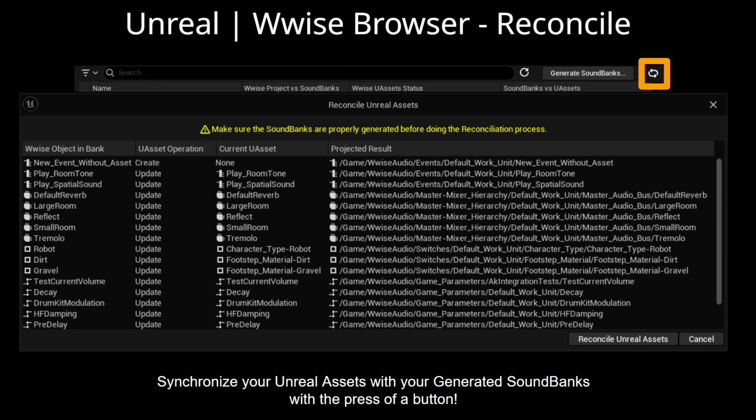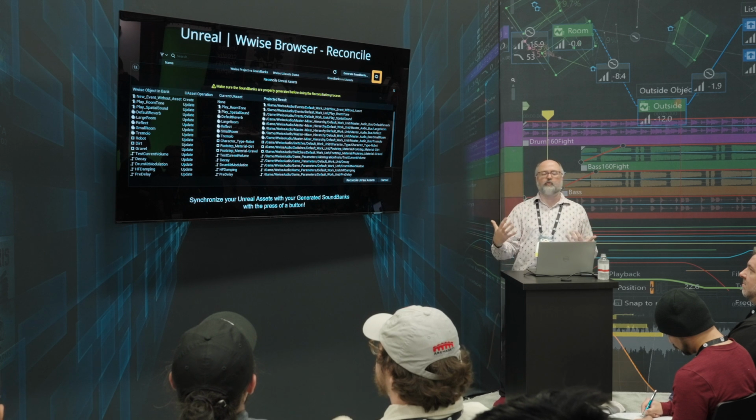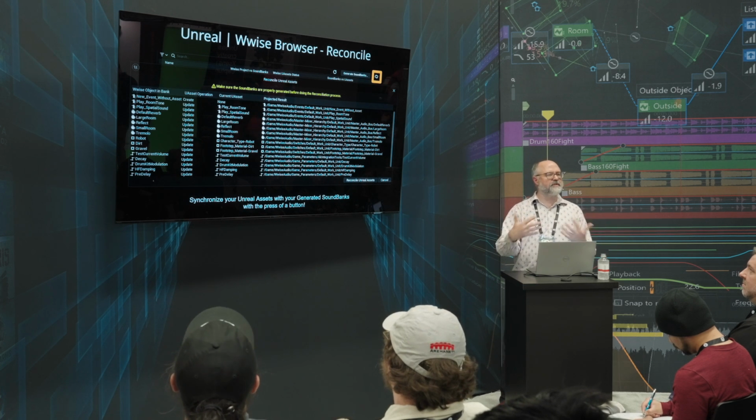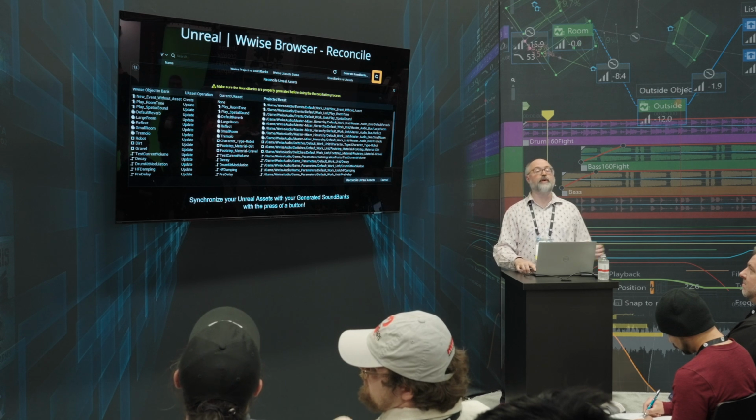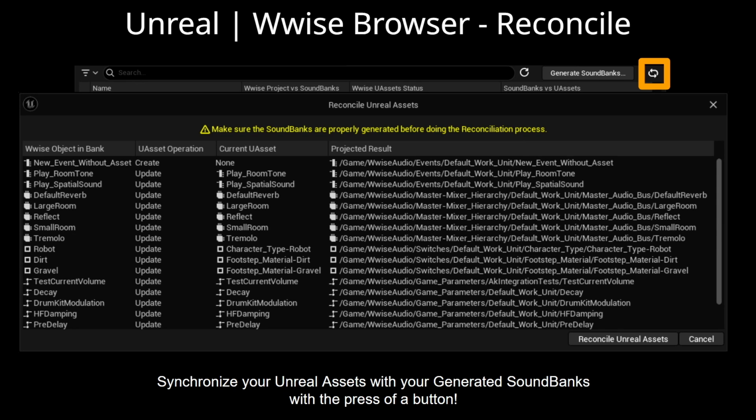And, as I mentioned, reconcile. This is the magic button to help you realign and put things back in sync with each other. It's a manual process that can also be invoked as part of an automated process if that's something your development requires. But right now, it's there for you to bring things back into sync as you drift through the development space.